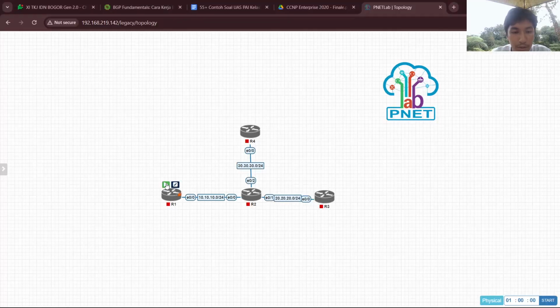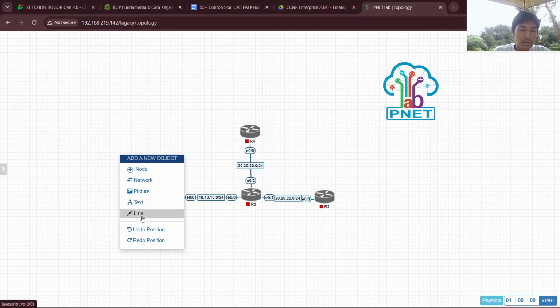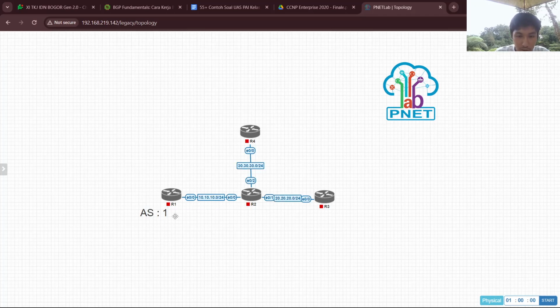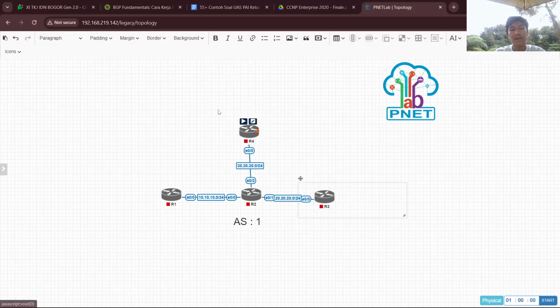Now we make a text to decide the autonomous system of the BGP. In this lab, we will use 2 autonomous systems. The 3 routers on the bottom are AS1, and this router is in a different AS.